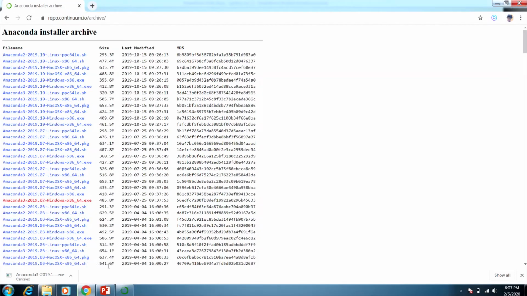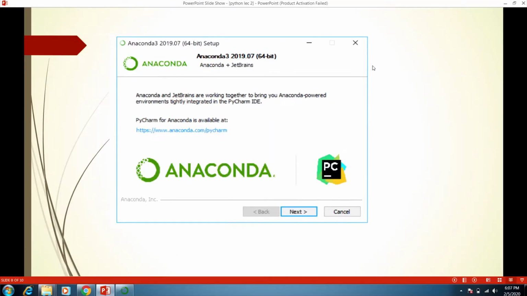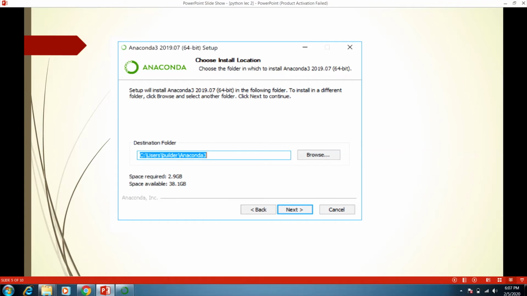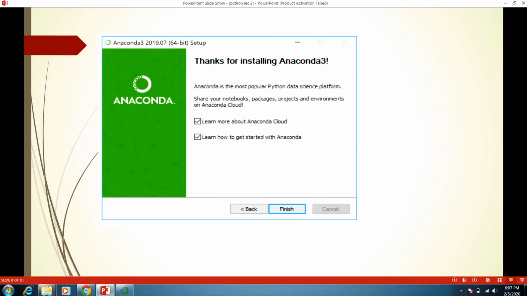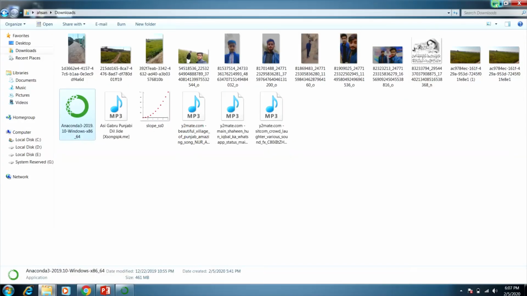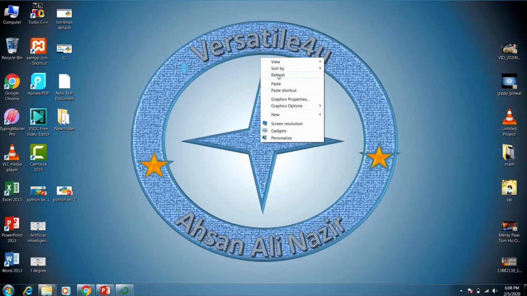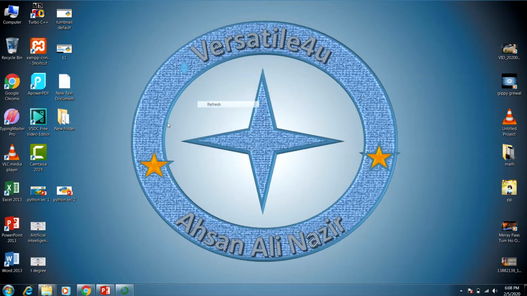Click on it and it's going to be installed. It's installing. I have already installed this, so I will cancel it. After installation there are the same procedures like this: register Anaconda as my default Python, then click on install, then next. Here there is no error, and after installing this